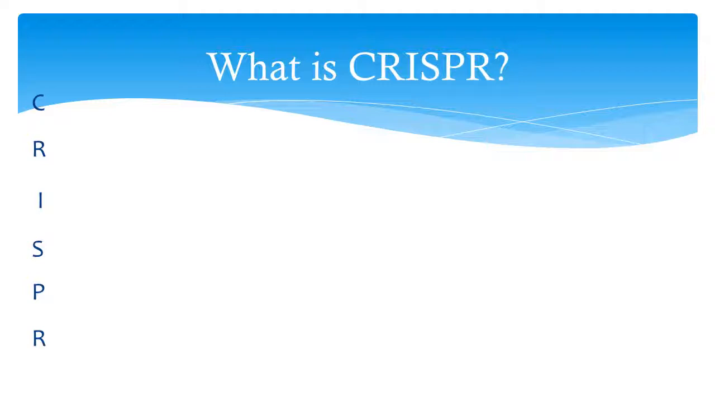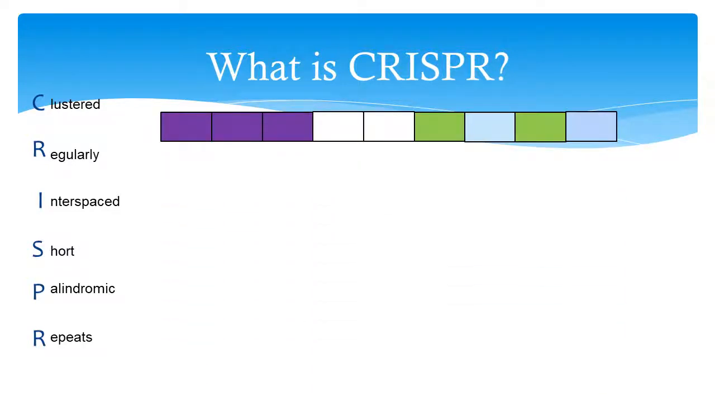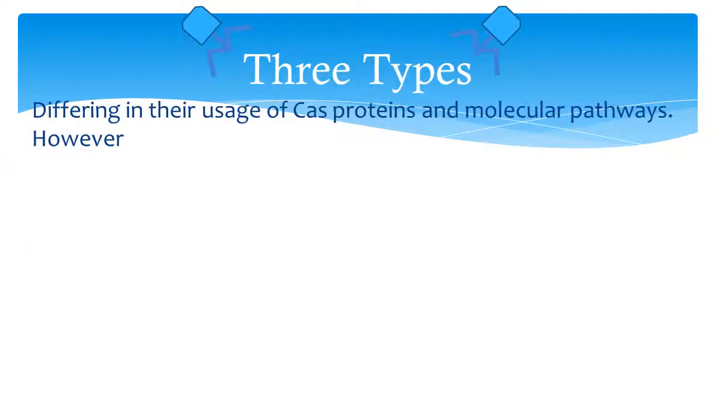So what exactly is CRISPR? Well, CRISPR stands for Clustered Regularly Interspaced Short Palindromic Repeats, as previously described. So I'm going to be using the same operon sequence as Kaylee had used, and just as a reminder, in purple we have the Cas proteins, in white we have the leader sequence, and then the rest will be our CRISPR loci. So there's three types of CRISPR mechanisms, and they differ in their usage of Cas proteins and molecular